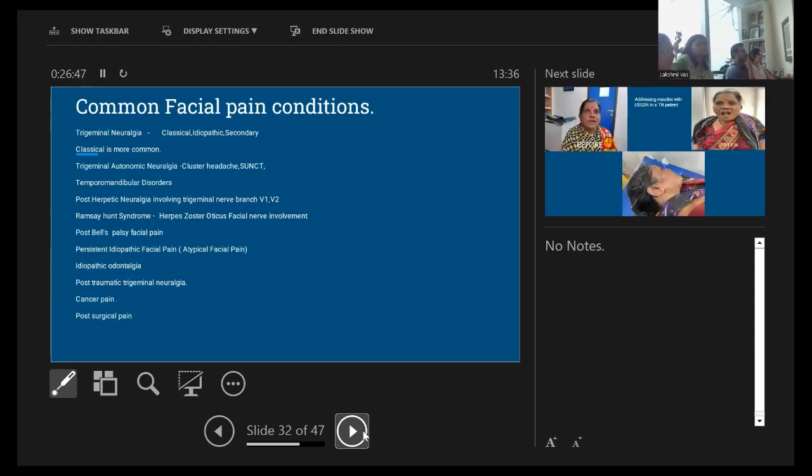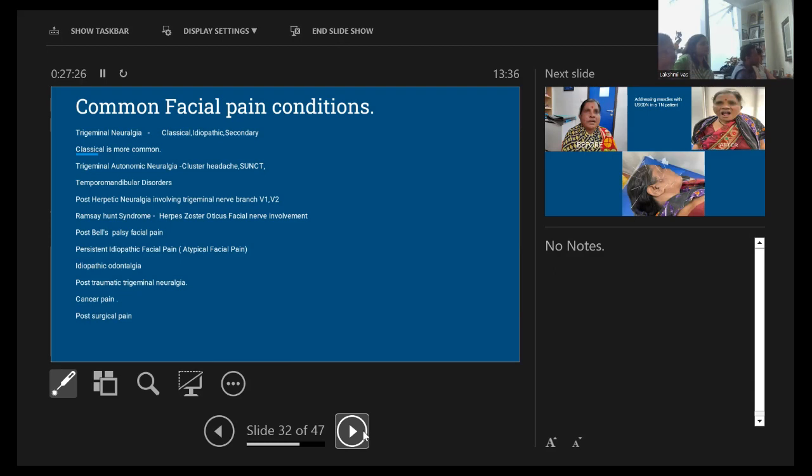So what are the common facial pain conditions which are generally seen in the clinics? It is trigeminal neuralgia, that is also classical, which is mainly seen in the pain clinics. Trigeminal autonomic cephalalgia, that is cluster headaches, and some temporomandibular disorders. Post-herpetic neuralgia involving the trigeminal nerve branches V1, V2. Maybe Ramsay Hunt syndrome, it is the herpes of the geniculate ganglion with facial nerve involvement. Then one can also see post-Bell's palsy facial pain, persistent idiopathic facial pain, that is atypical facial pain, idiopathic odontalgia,